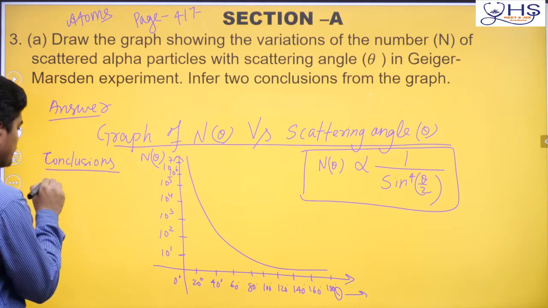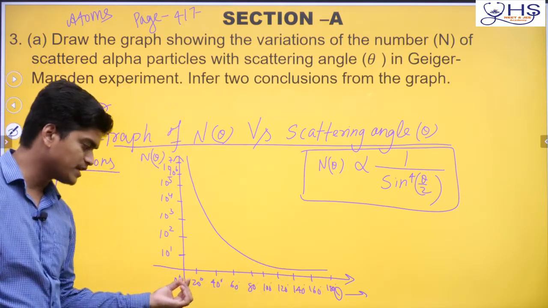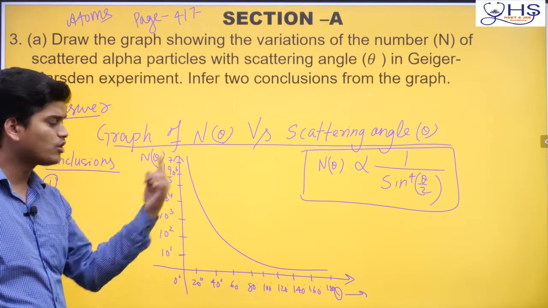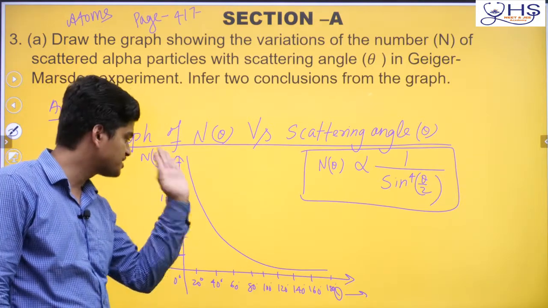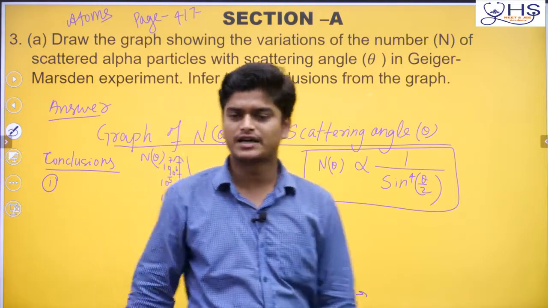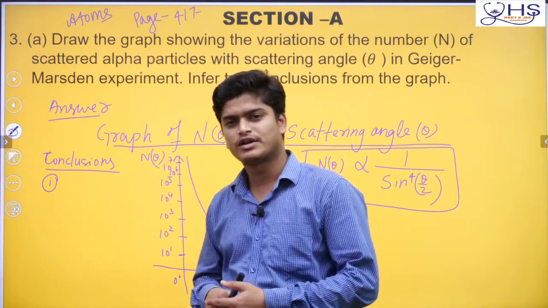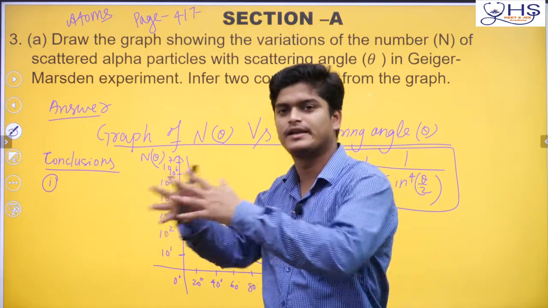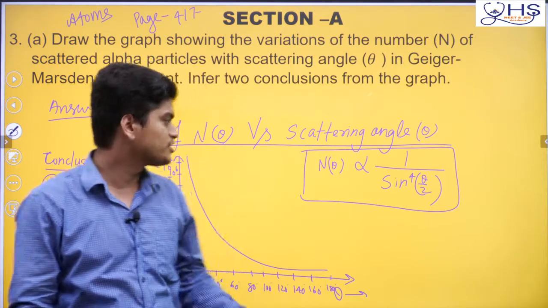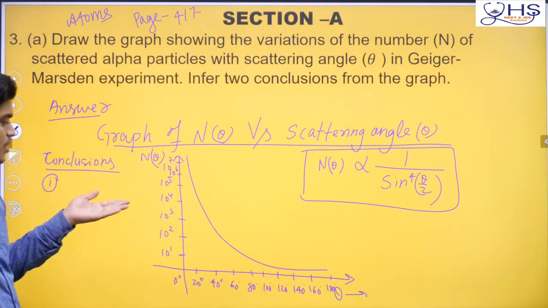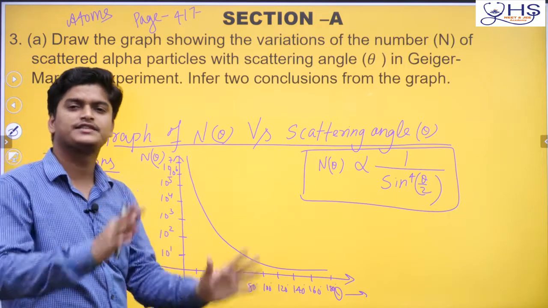Now, first thing, if you see the theta is very less, that means around 0 degree, there are more number of particles. See, 10 to the power 7, 10 to the power 6. Okay, so 1 million like that it is going. That means what happened? Inside the nucleus, when you are sending some alpha particles, most of the alpha particles are just passing. Why just passing? Because inside the atom there is more space empty. So that is what inference you can do.